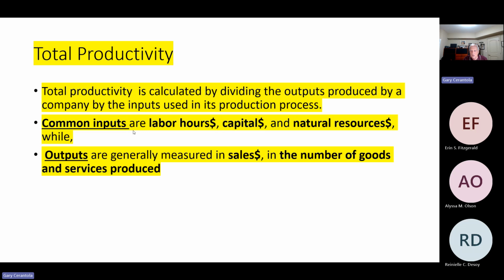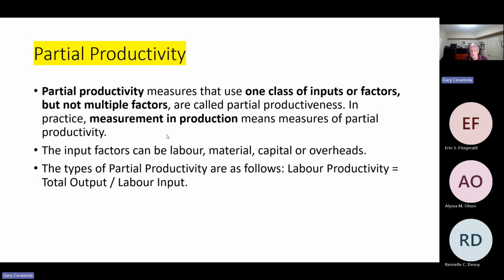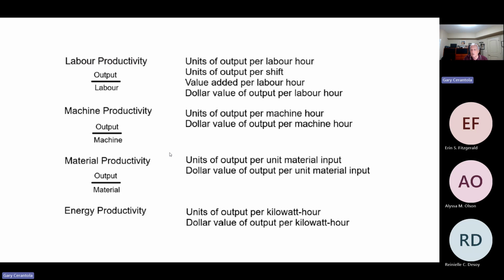But look at this now. The unit is dollars, all right, or a specific currency. That's how you do that. But multi-factor productivity is a measure of economic performance that compares the amount of output to the amount of combined inputs used to produce that output. There's that piece. And then there's partial productivity. Sometimes you want to narrow down one part of productivity that you could improve. So you look at just one class of inputs or factors, and then you measure that in terms of productivity over input. So these are the